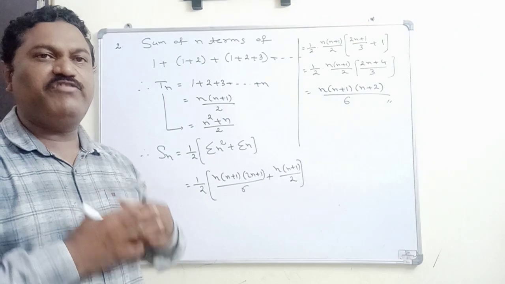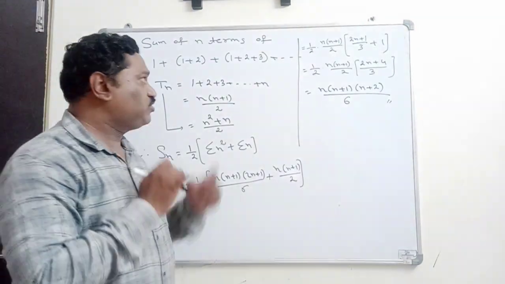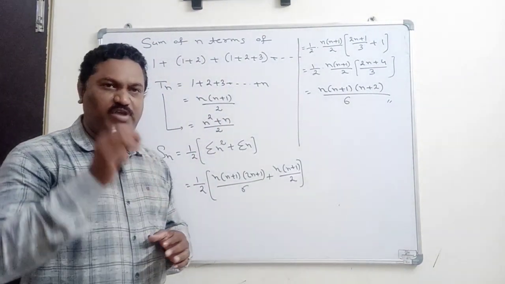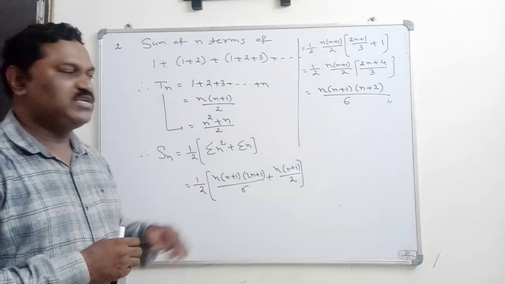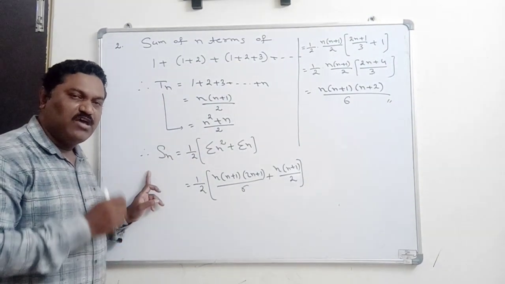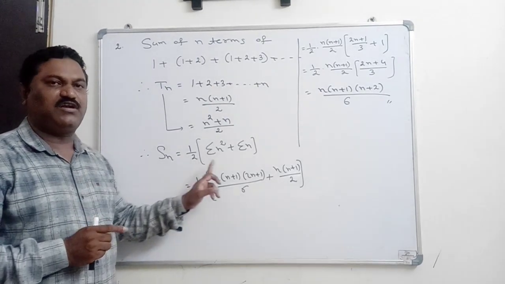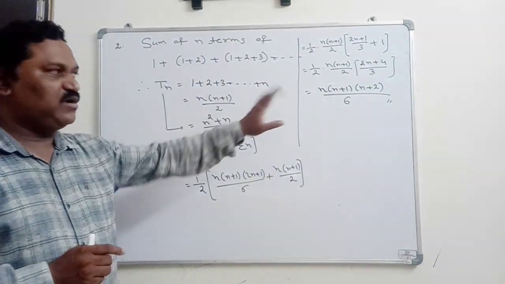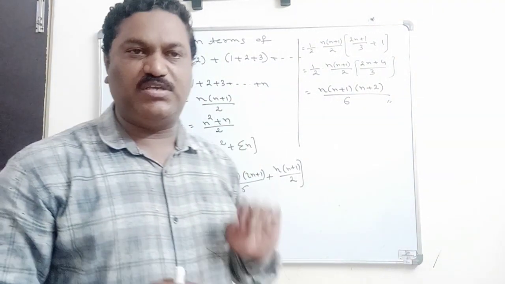Understand? So for every problem of this model, first by observing the given 3 terms, we have to write the nth term of the sequence. That nth term we have to simplify. Then to find the sum of the n terms, we should apply sigma to that nth term, and if we simplify that sigma, then we'll get the sum of the n terms of the sequence.